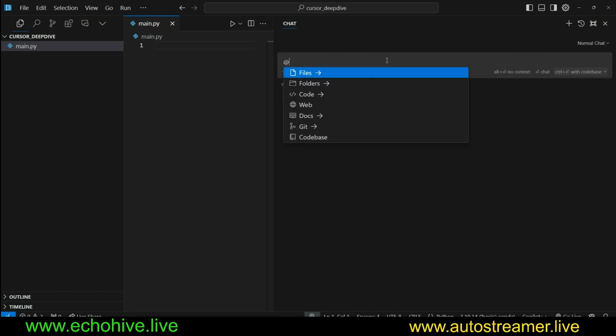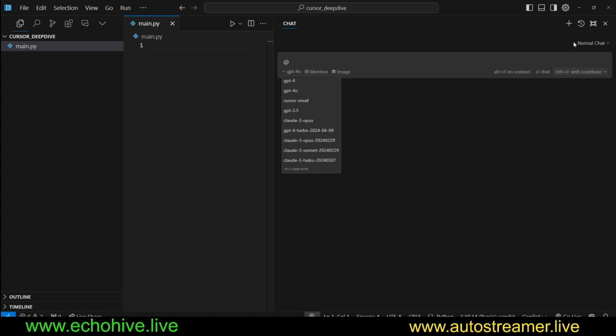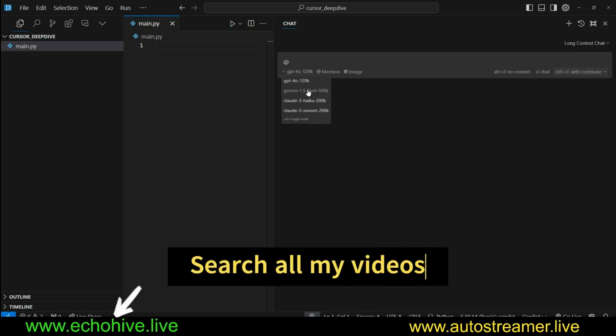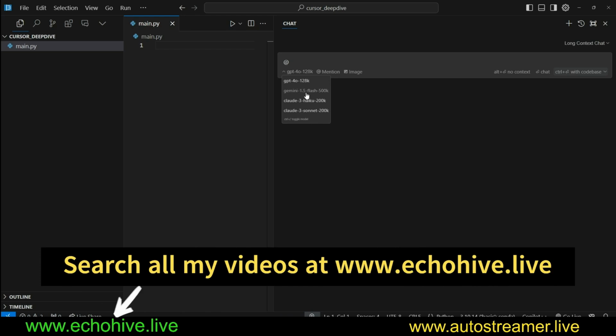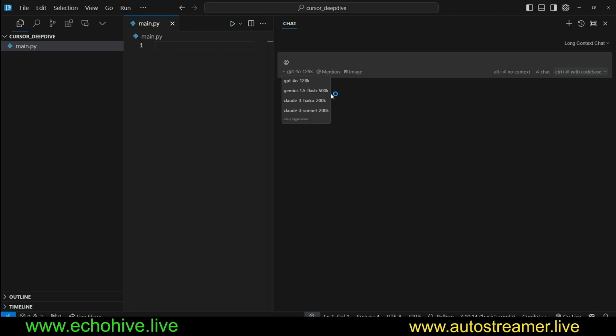We are going to take a look at its chat and learn to use its add commands to refer to individual files, folders, or code snippets, and how we can utilize the web search functionality. It also has the ability to vectorize entire documentations or websites, which you can refer to with RAG, and it can also answer questions based on the entire code base. It comes with many models which you can choose from. It has a normal chat functionality, long context chat with GPT-4o 128K, Haiku, Sonnet, and Gemini 1.5 Flash with 500K